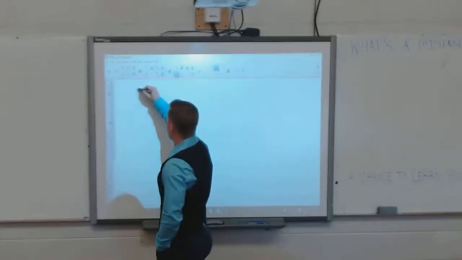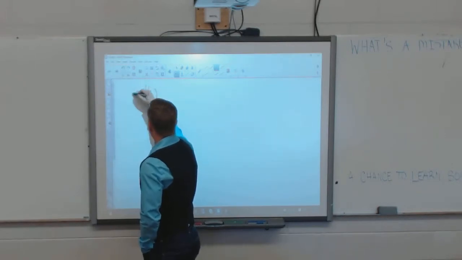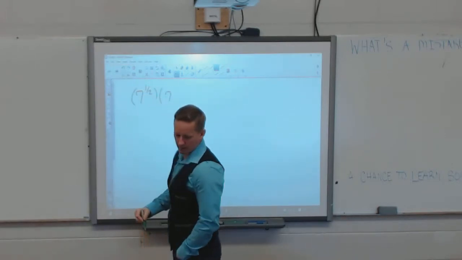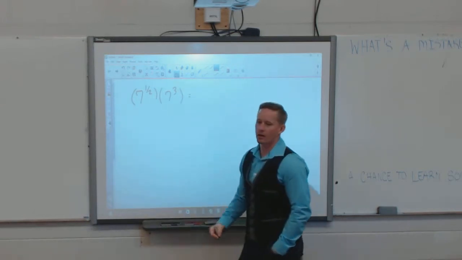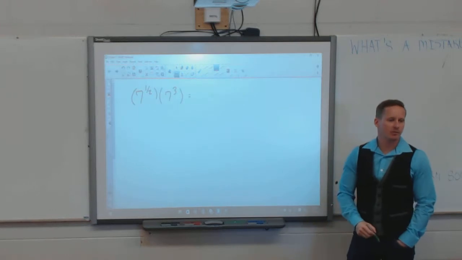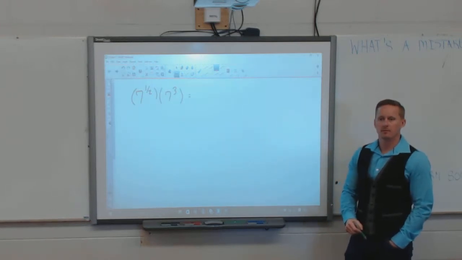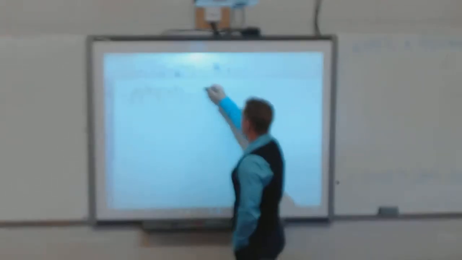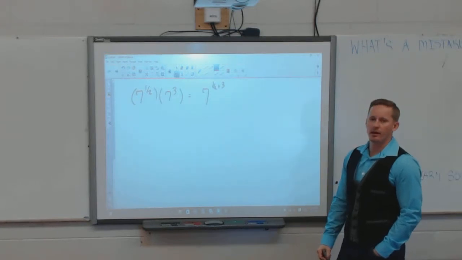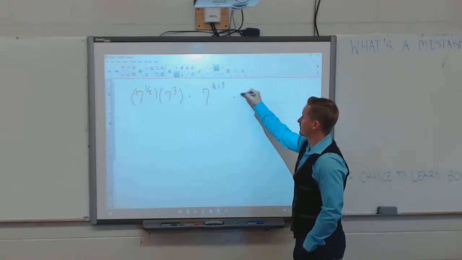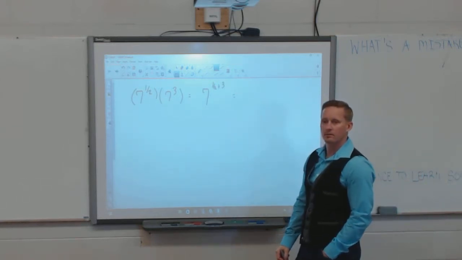First example on page 70 is 7 to the 1/2 times 7 to the 3rd. So what do our laws of exponents say we do with these exponents? Add them. That's right. So I get 7 to the 1/2 plus 3. How do I add 3 and 1/2? You change 3 to an improper fraction. So what is it? It'd be 3 over